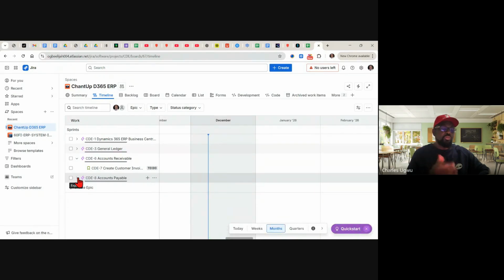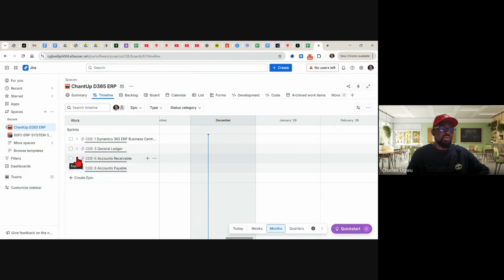So it's a continuous process. Refinement, you don't do it in one day. Continue to refine your work, continue to add more work items, and you're adding, you're refining. So now we'll have some refined work. The next thing for us to do is to go to backlog.